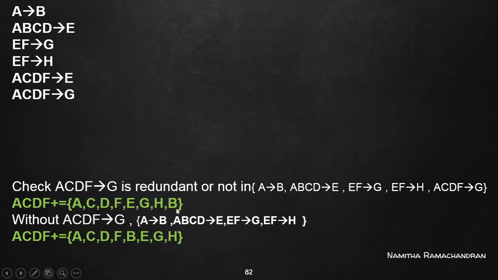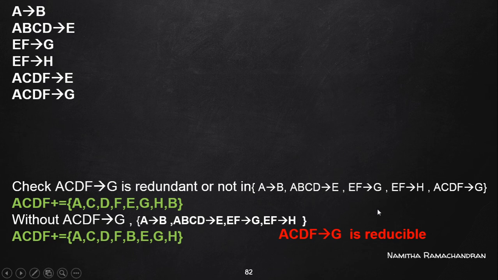A can derive B. So without ACDF implies G, the set becomes A implies B, ABCD implies E, EF implies G, EF implies H. Using this, the ACDF closure becomes like this. So it is clear that the closure sets are equal. The absence of ACDF implies G does not affect the closure. That means this is actually a redundant, or reducible, dependency. So immediately remove